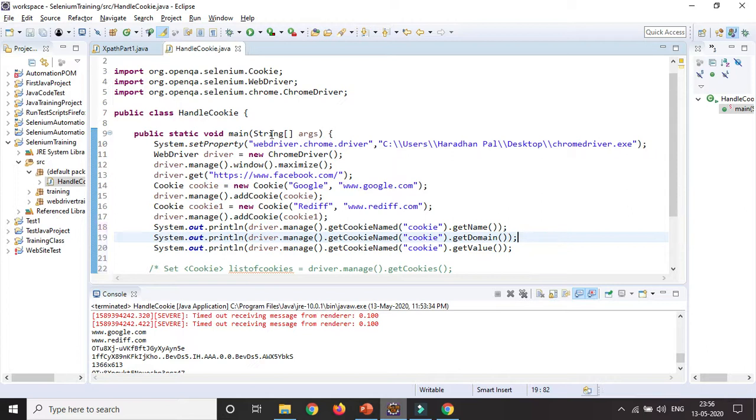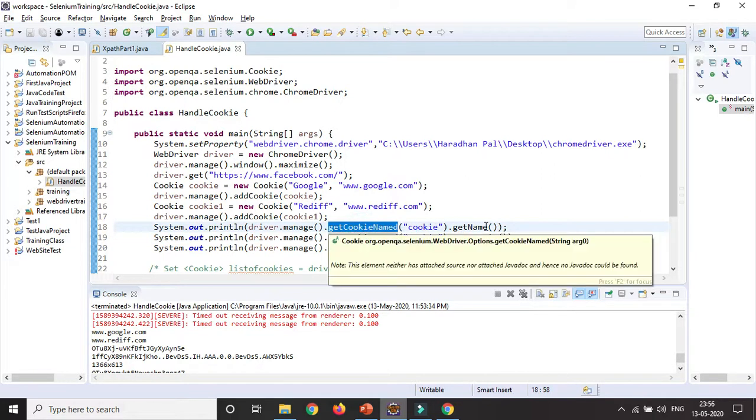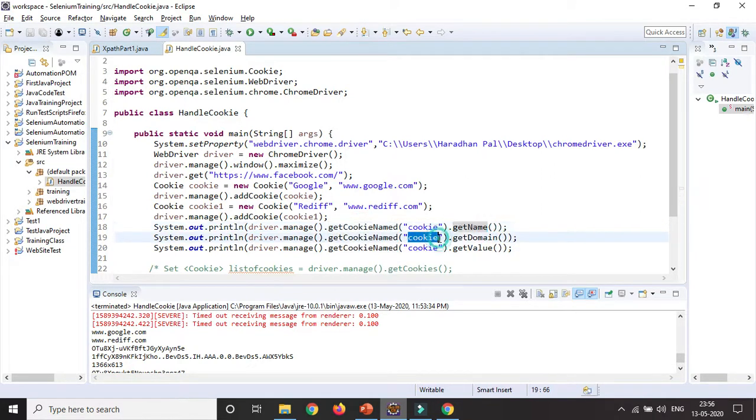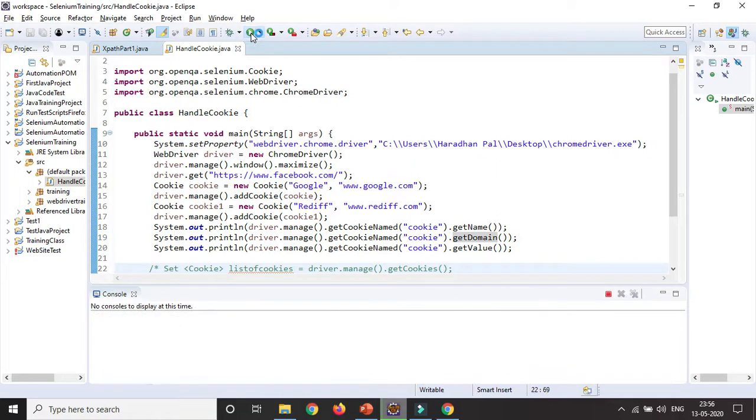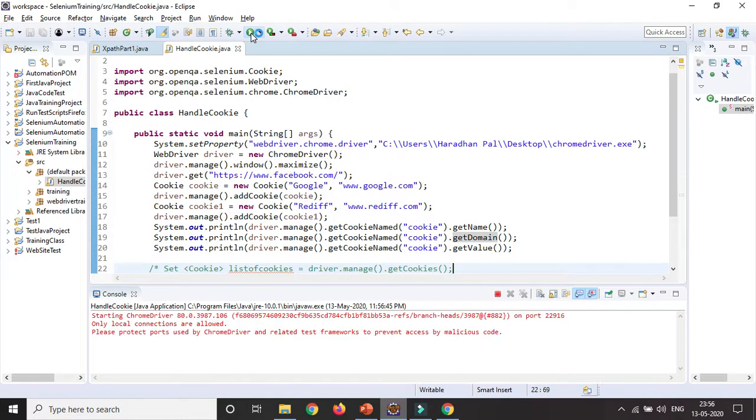Okay, so here two cookies are getting added, one is Google, one is Reddit. But for the Google one only, I want to get the name, with the help of the Google cookie object, right? Get domain, get value. So if you run the program, it will give you all the name, domain and value for Google's cookie already added in your browser's history.